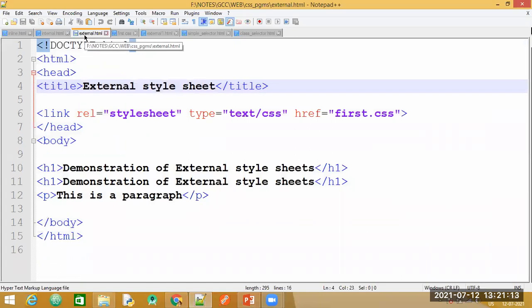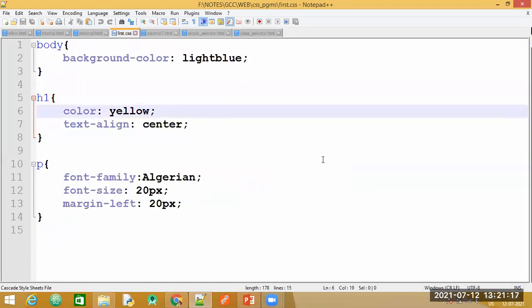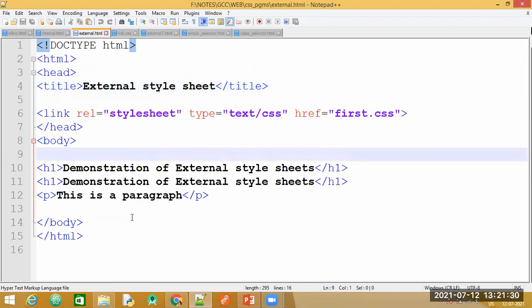One file contains the .html, and this is my file which contains only CSS. This file is saved as .css, and it contains only the CSS code. In the HTML we have only the tags. Let us go through this.